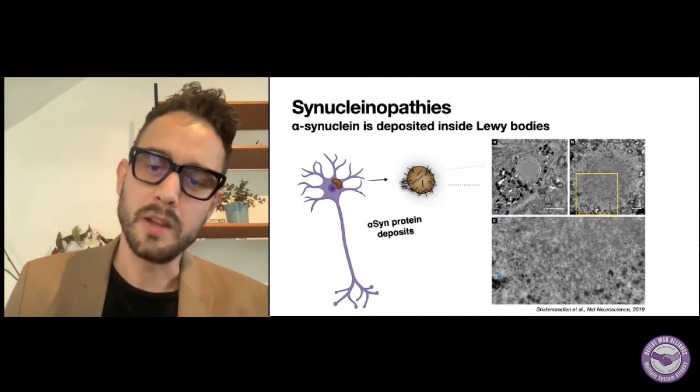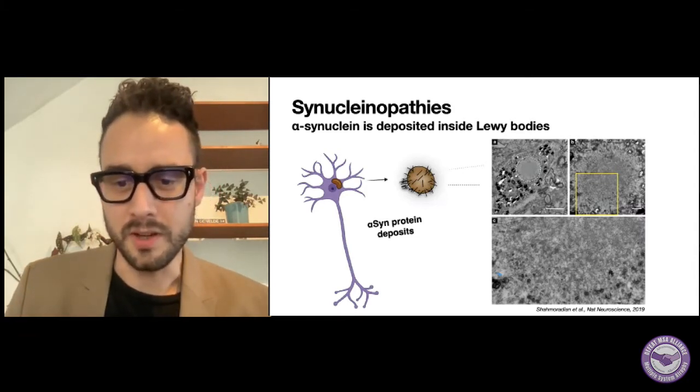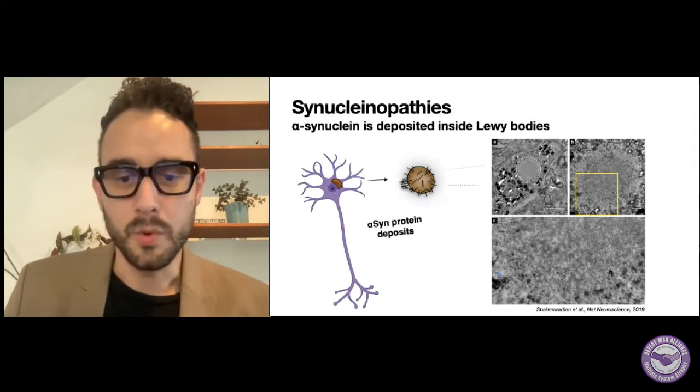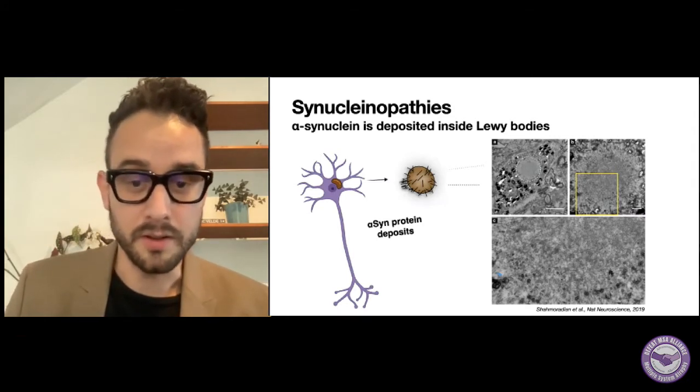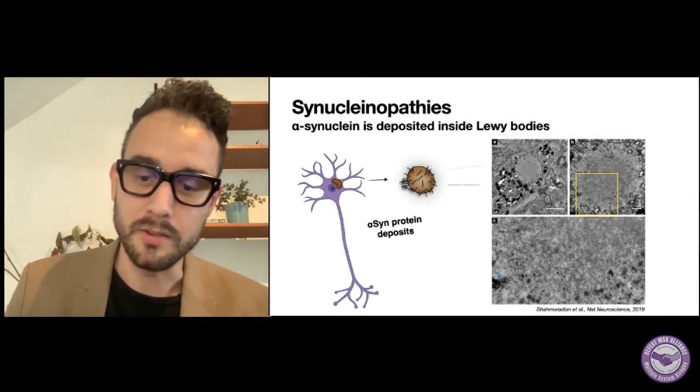If you zoom in on this panel and this panel, you'll see this proteinaceous substance, this granular matter almost, which is all proteinaceous material. And you can see at the edges some lipids accumulating